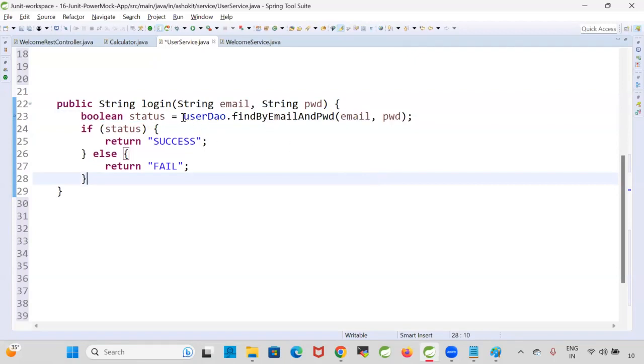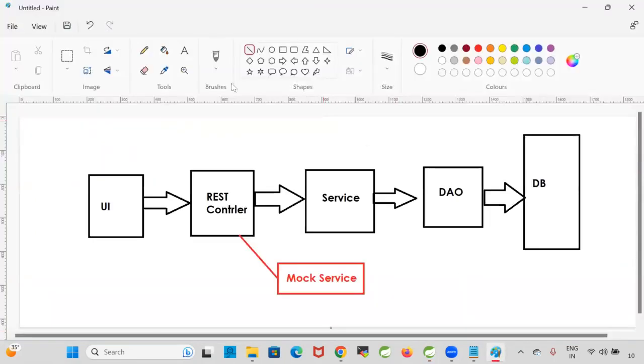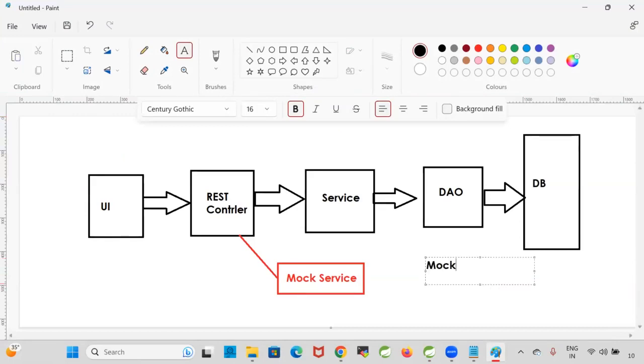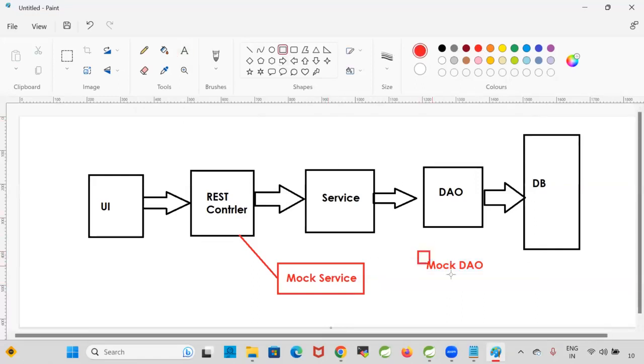So the DAO is a dependent. Then what will I do? For this DAO, I am going to create one mock DAO. Instead of talking to the real DAO, we create a mock DAO and inject it into the service. When I am testing the REST controller method, it will talk to the mock service. When I am testing the service, it will talk to the mock DAO. Mocking is very, very important when we are going for